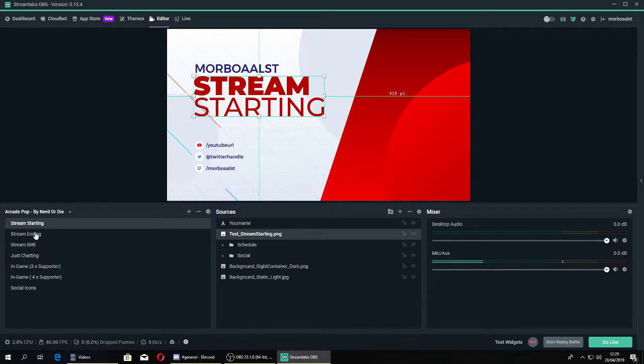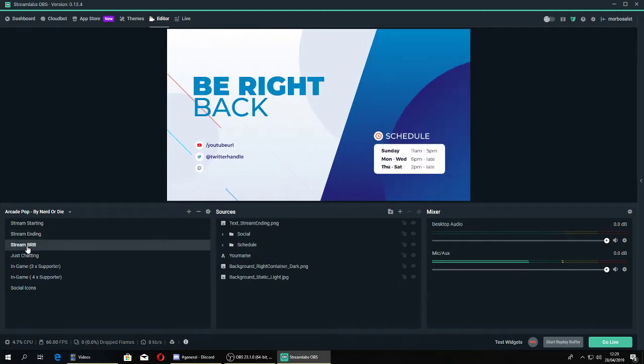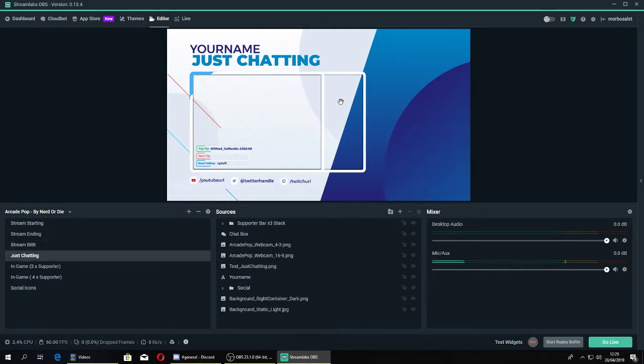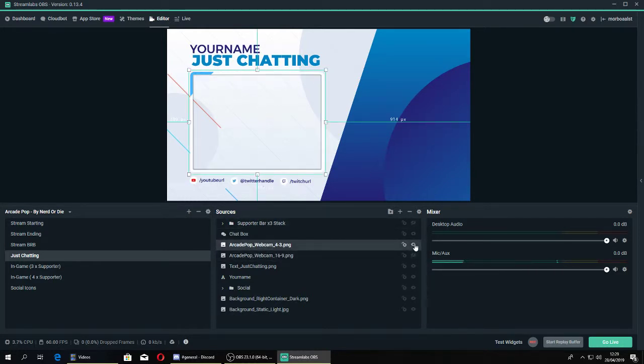Now, so you do this for your stream ending and your stream be right back, so everything is like customized with your information on it. Now, if you want to have a just chatting window, now for this overlay theme, you have support bars, which I do not like, so I'm gonna just hide them. And you also have two webcam overlays. So you have the 16:9 one, which is the bigger one, and then you have a 4:3, which is